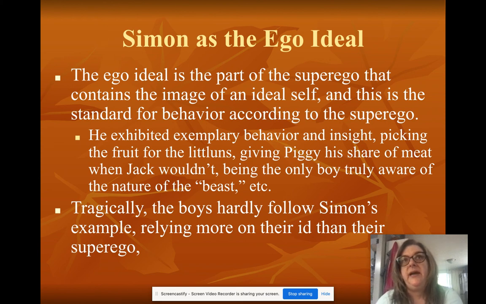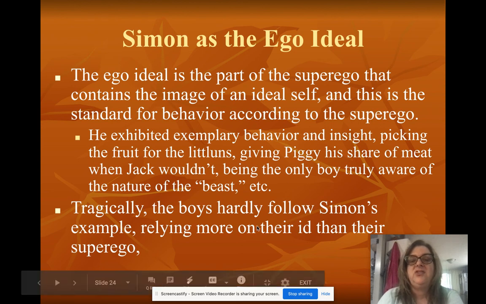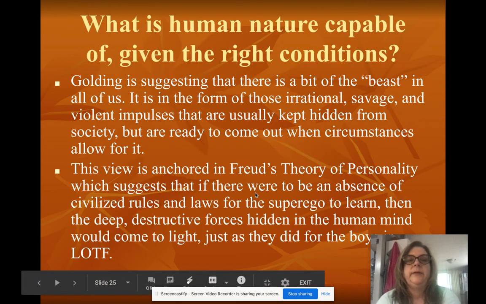while the boys are at their most animalistic when they're around the bonfire after having killed the last pig, and they're dancing naked with paint on their faces and celebrating in all of that animal indulgence and lust. They kill off the ego ideal so that they don't have an ideal self anymore. So when they kill off Simon and then they kill off Piggy, who's the conscience, Ralph either has to become part of the id or he has to leave. And that's what leads Jack to try and hunt him down in chapter 12.